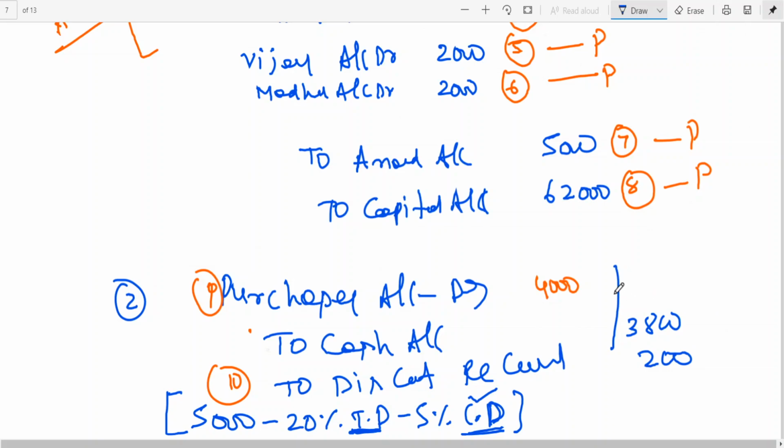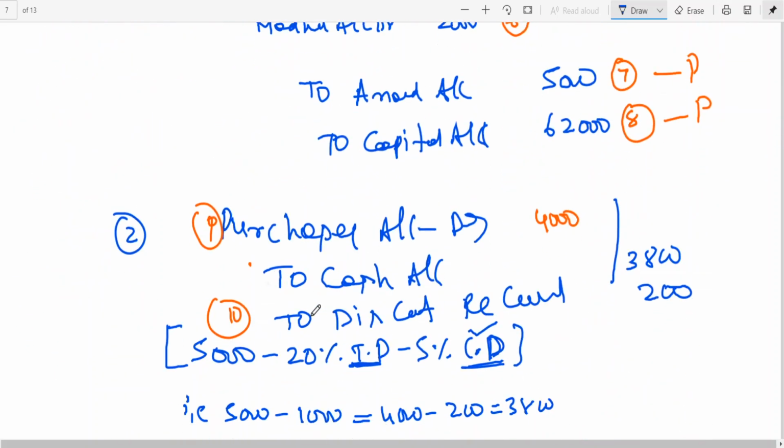Somebody is going to ask you what is the value of goods purchased, 4,000, but how much gain you are receiving, 200. So if you split it, purchases to cash 3,800. That is what I had written earlier. Then I converted it to a combined entry later on. Purchases to cash 3,800, purchases to discount received 200. Clear to all of you? So I think that way it will be easy. Otherwise we will have confusion when you go for posting of the combined entry. But those who are good in entries, I think you can do this easily.